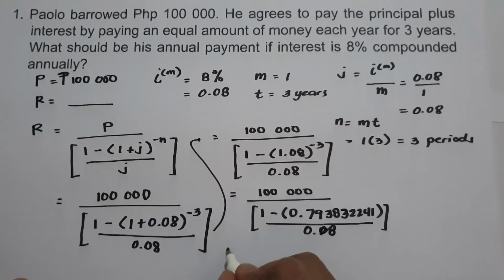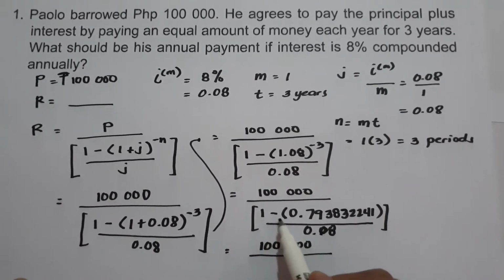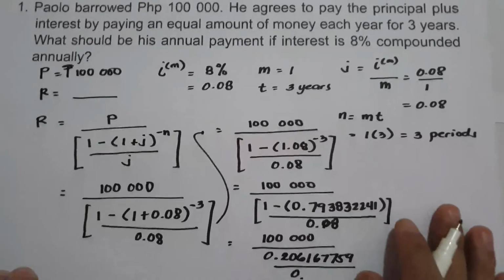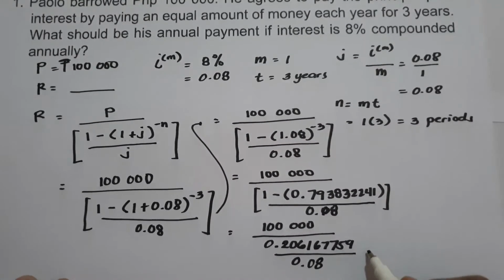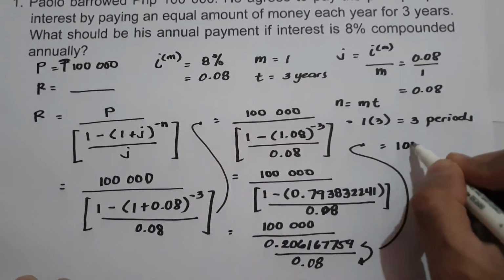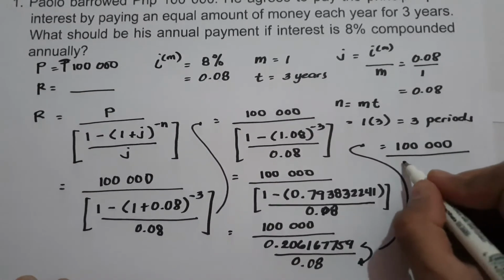And to simplify, let us have 100,000. Then, on the denominator, 1 minus this number, it will give us 0.206167759 over 0.08. And then, let us divide this one. So, let us write 100,000. If we are going to divide this one, it will give us